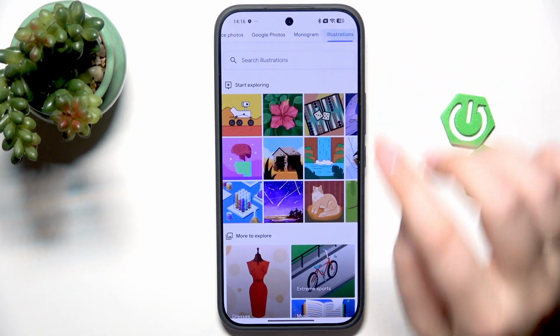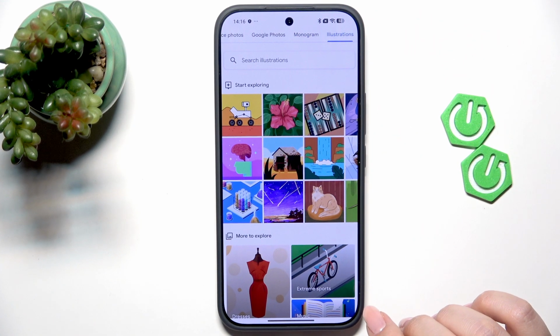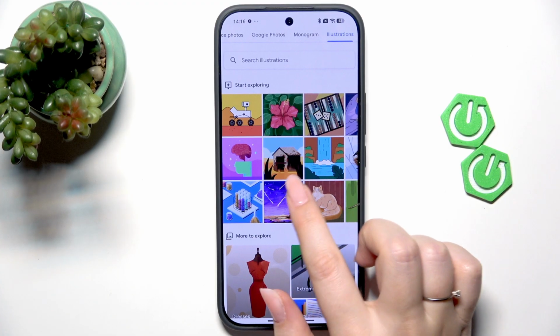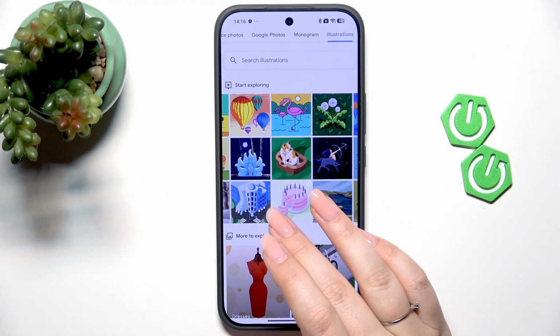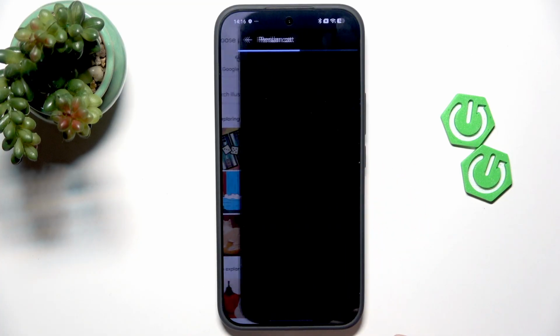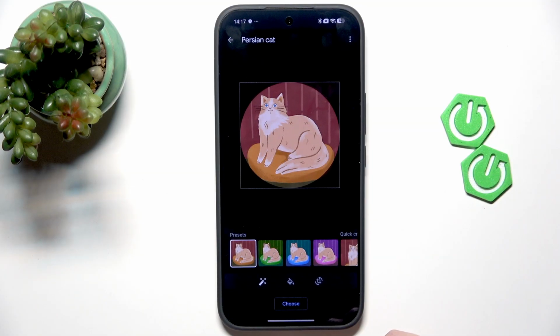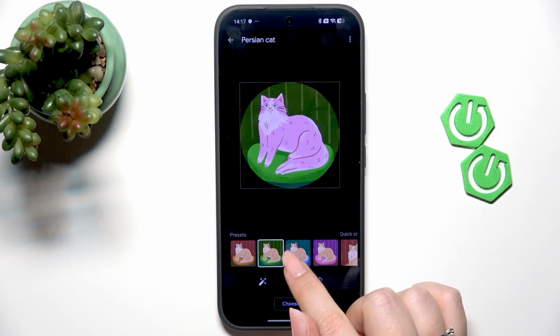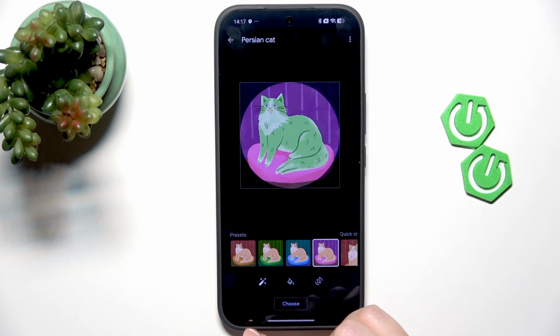And we've got also illustrations here, which are free of charge and they are available online. And I highly recommend to check those options because they are really pretty and really fun to use. I'll pick maybe this cat. So, all right, after tapping on it, you can choose the preset, so you can change the colors of the